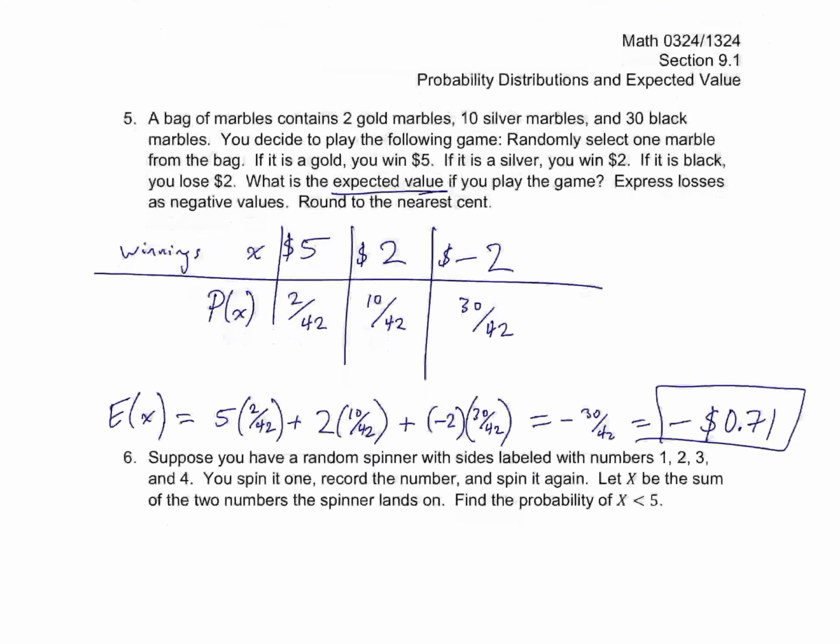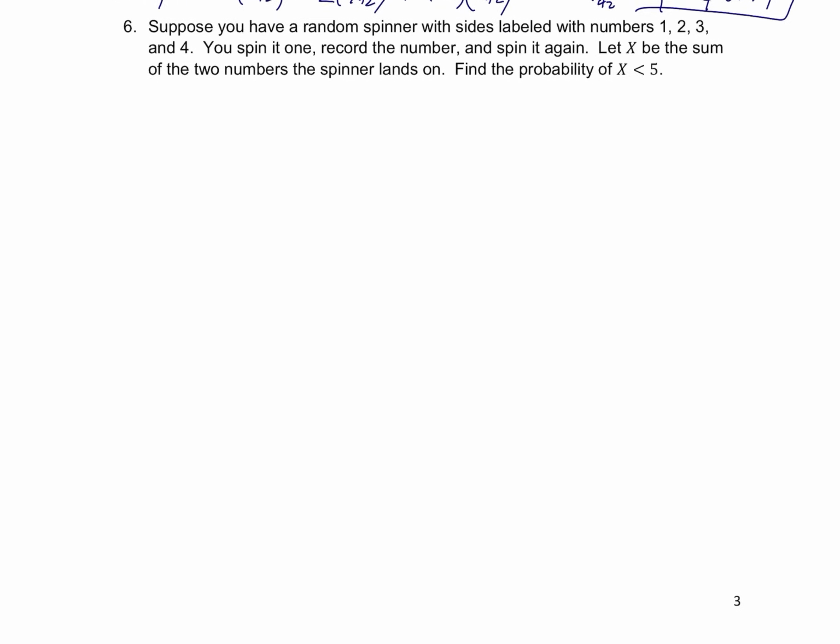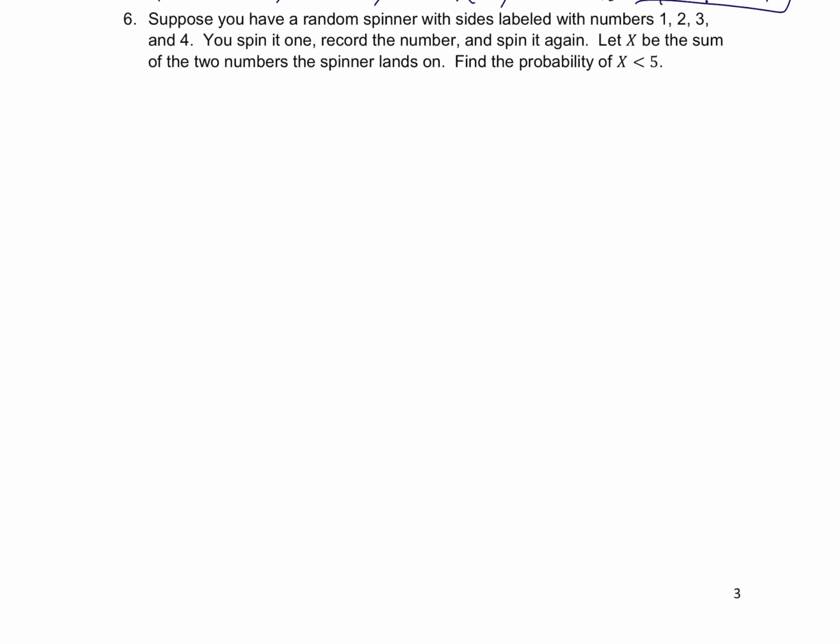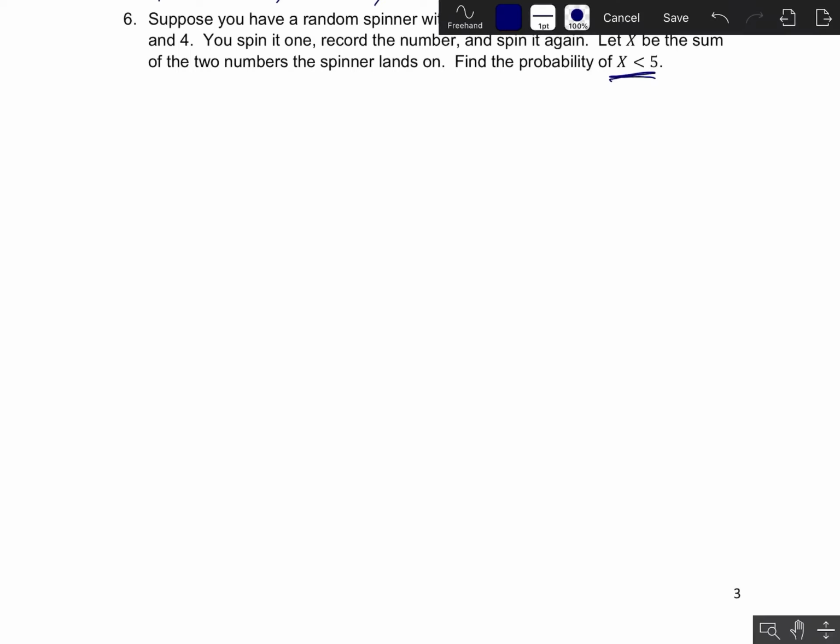It says, suppose you have a random spinner with sides labeled 1, 2, 3, 4, and you spin it once, record the number and then spin it again. Let x be the sum of the two numbers, and we want to find the probability that x is less than 5. So for this, because we're doing a sum of 2 independent experiments, it might be good